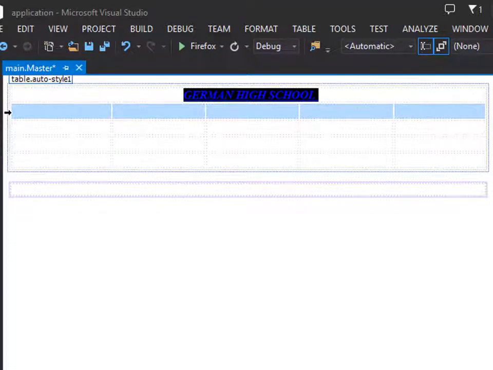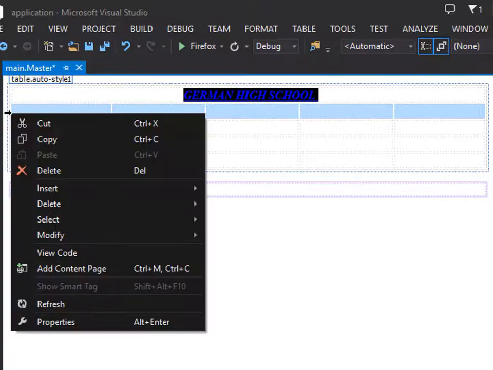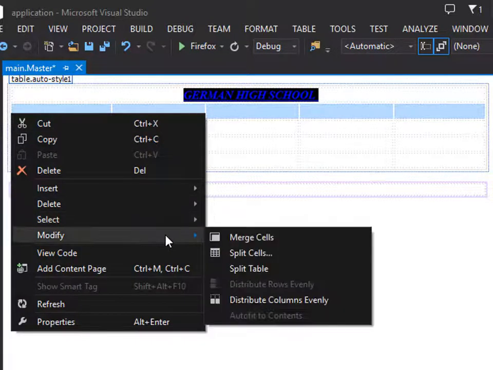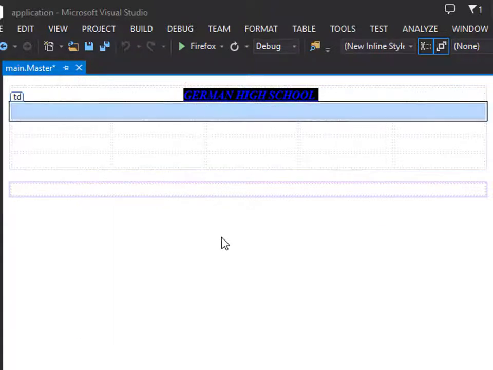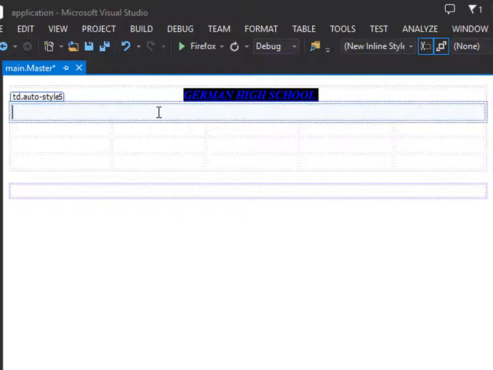Now this is our master page. Whatever we are doing on the master page is going to appear on the rest of the pages we are going to be creating. So we can also merge these cells. Right click, come to modify, then merge cells. So here we can write like the school motto, something like that. So here let us put some quotes, then say like invest